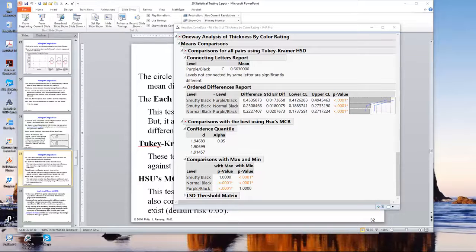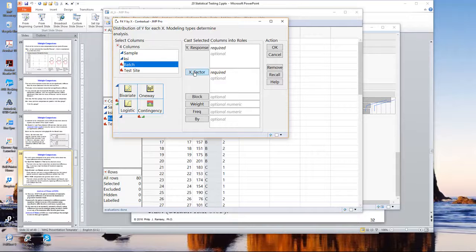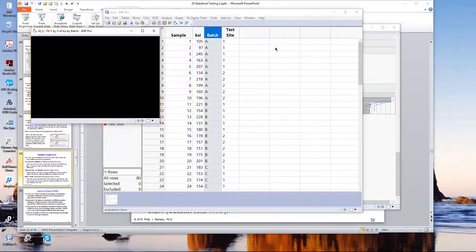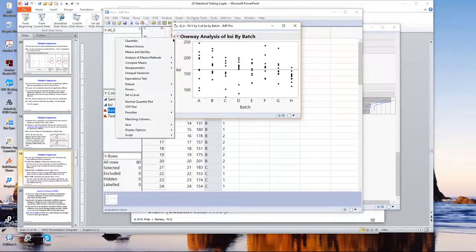and I'm going to take a look at the aluminum lithium data. Notice in the aluminum lithium data there are 8 batches, and I'm interested in testing for mean differences between the batches. So I'm going to go to Analyze, Fit Y by X. So batches is X, KSI is the response. And I'm going to go to the report menu and select